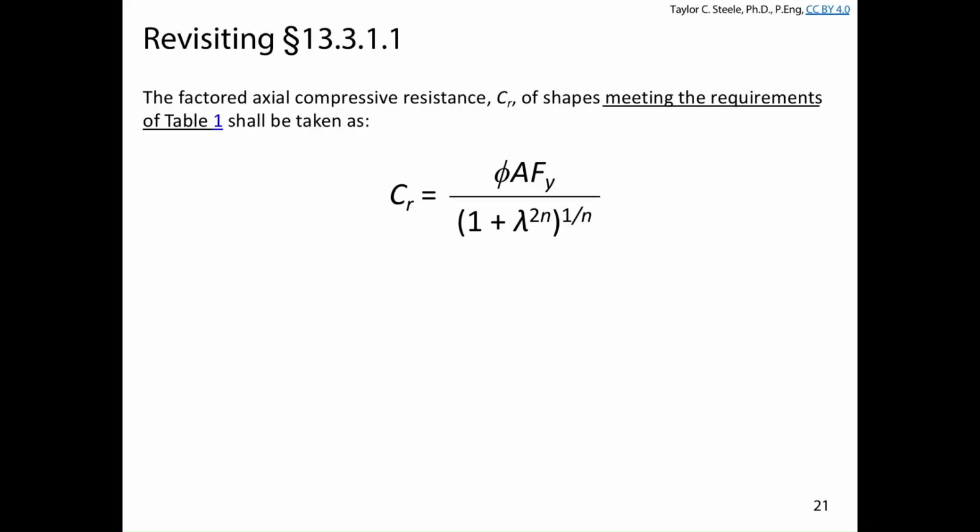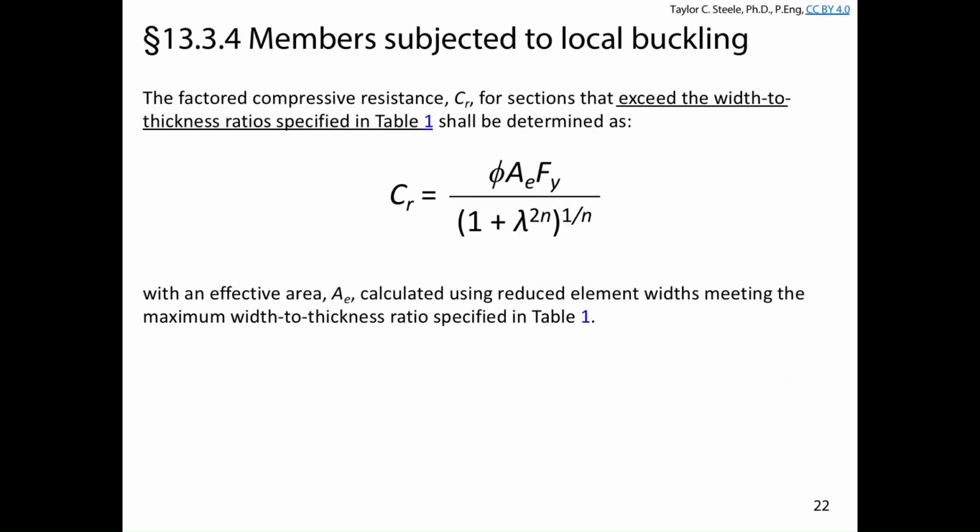When we don't have a section that meets the Table 1 requirements, 95% of the time what we're going to be doing is calculating an effective area of that cross-section that can meet Table 1 requirements. So basically we're going to be getting rid of the section that extends outside of what meets Table 1 requirements. I'm going to show you what that looks like, but basically we're just reducing the elements that don't meet Table 1 requirements so that when we calculate the compressive resistance, and we come perhaps way back here,